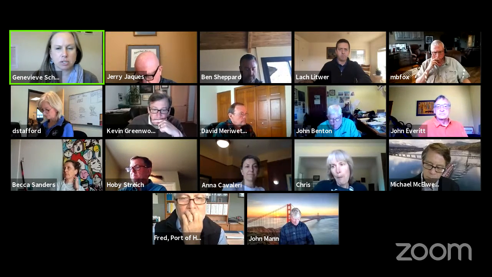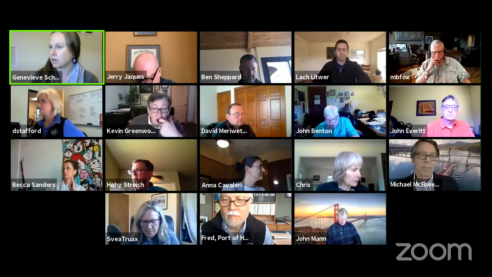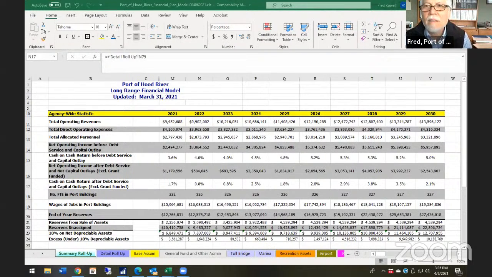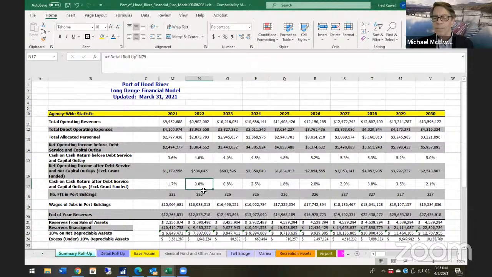Do I just select share screen? Yep, you should be able to share your screen now. Okay. I think it's that one. Can people see that or? Yes. All right. Yes. Okay. So